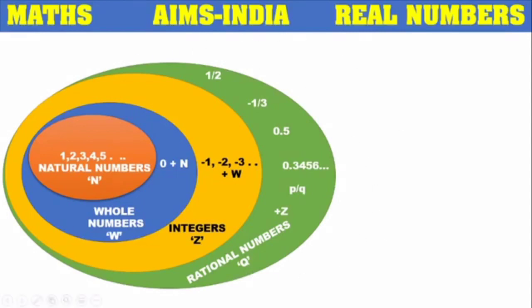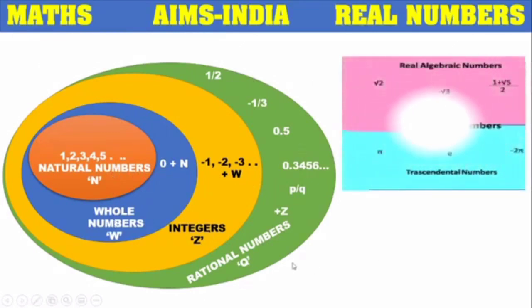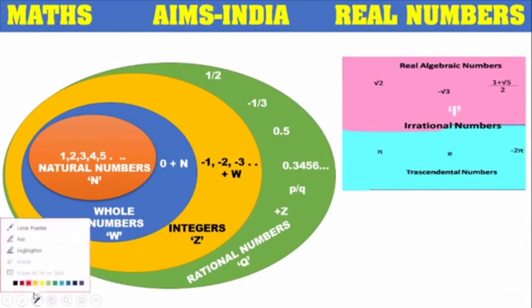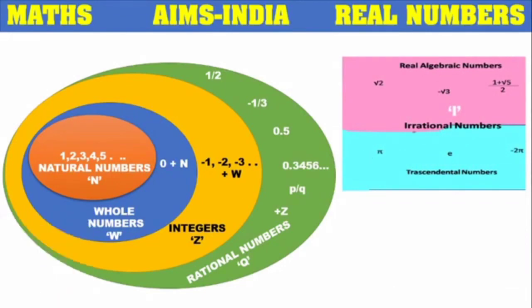Now we have got almost all the types of normal numbers. So natural numbers, 0 is added means whole numbers, negative numbers added means integers, fractions and decimal numbers added means rational numbers. So these rational numbers are one set of numbers consisting of natural numbers, whole numbers and integers. Apart from these rational numbers, we also have one more kind of numbers which are called irrational numbers. And the symbol for irrational numbers is I.